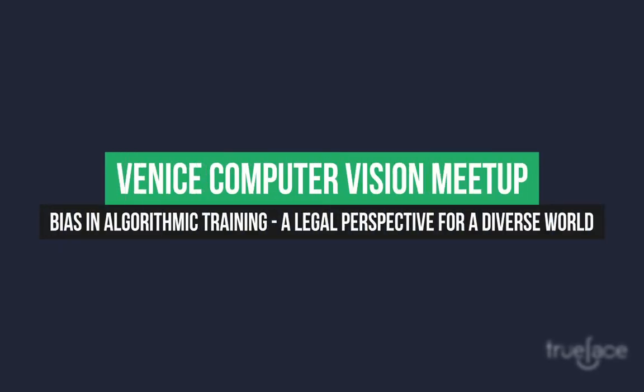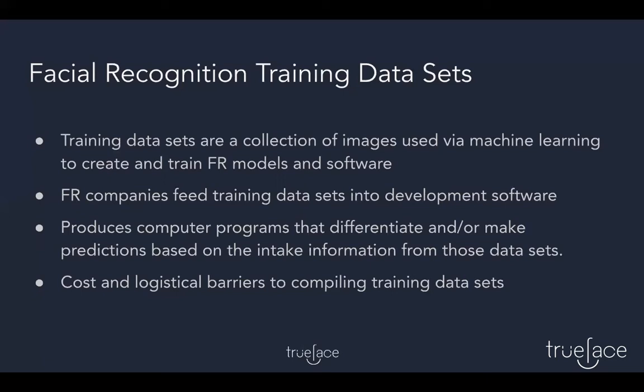quote unquote, learn to apply its function, being verification or identification, to a person's visage. So to be effective and accurate, these training data sets have really got to be pretty voluminous and diverse. And I want you all to consider that logically, right? It's an issue of parameters and weights derived from AI processing each image in a data set. The more images that are put into a data set that is fed into the computer software, the more information the AI algorithm is going to have to learn from. And generally, the more robust the algorithm will be at identifying images in the wild.